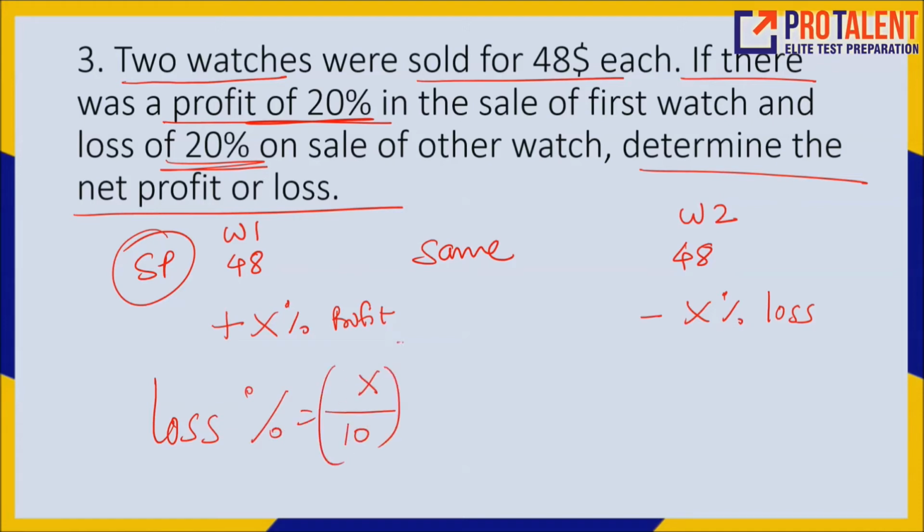और ये लॉस का परसेंटेज होगा (x/10) whole square. ये स्टैंडर्ड फॉर्मूला है, याद रख लीजिए, सीधा ऐसा ही अप्लाई होगा, चिंता करने की कोई आवश्यकता नहीं है। हमें क्या करना है, नेट प्रॉफिट और लॉस परसेंटेज अगर निकालना है, so that is you can say